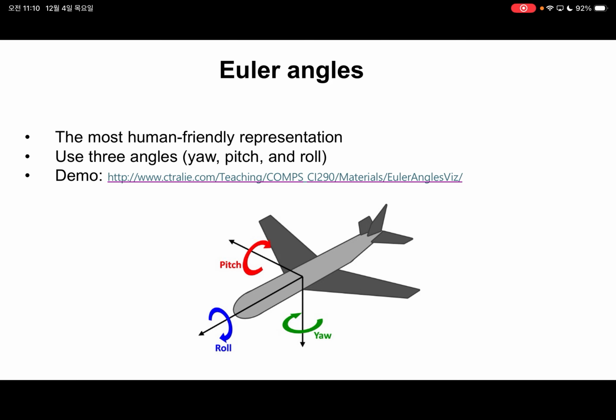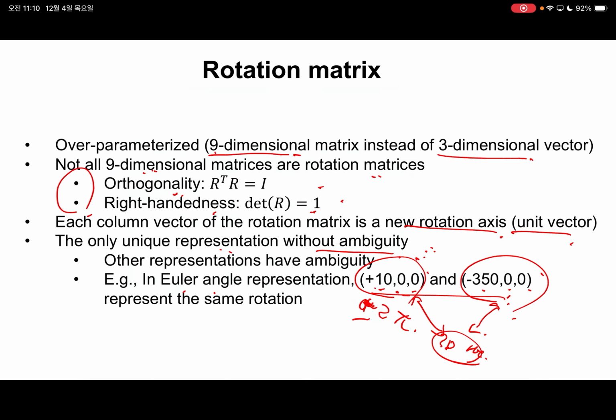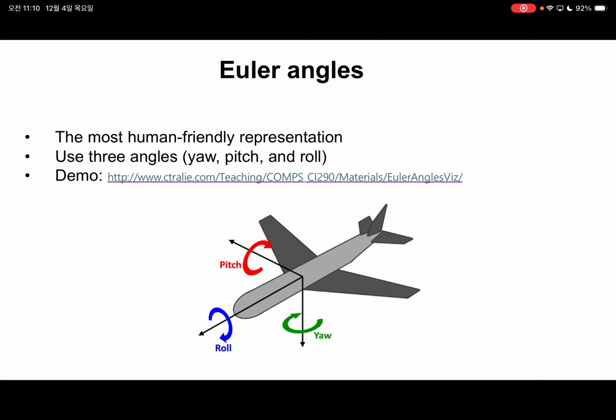And Euler angles, let's say we have these numbers. It is a little bit hard to understand what is happening in 3D space, right? Let's say we have a 3x3 rotation matrix. We humans find it actually a little bit hard to understand what is happening in 3D space. But Euler angles are easy. We have 3 angles in 3D space, and then we have yaw, pitch, and roll. This is an aircraft, and roll is this rotation, pitch is this rotation, and yaw is this rotation, and so that is very easy to understand for humans.